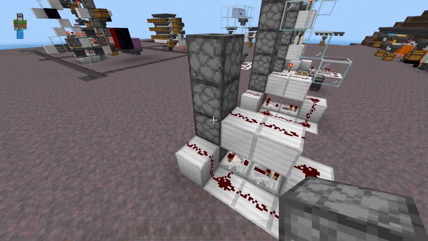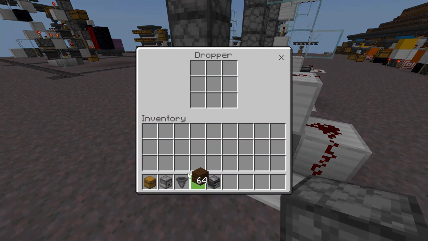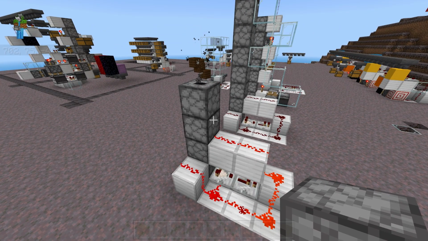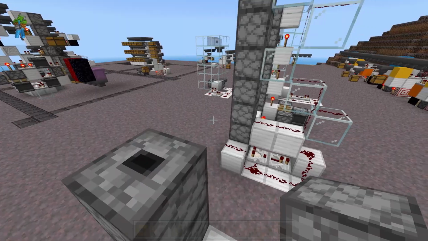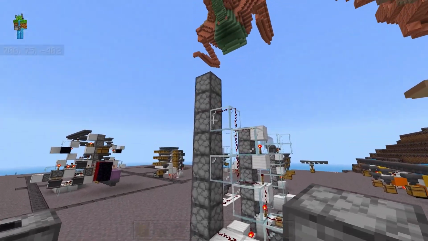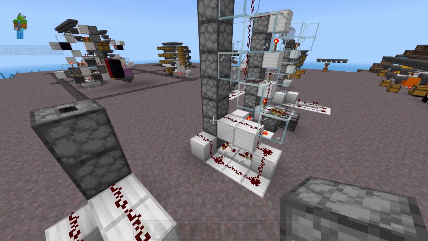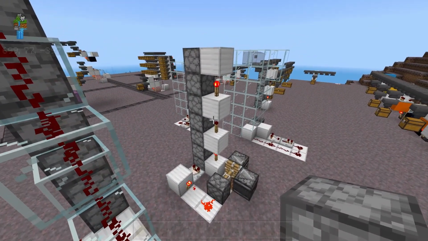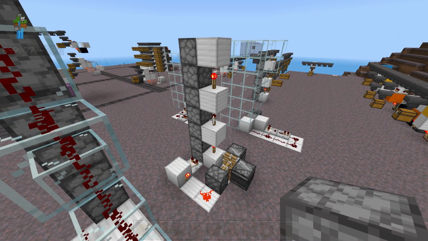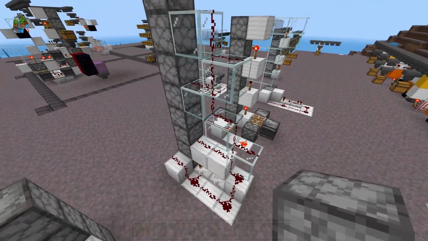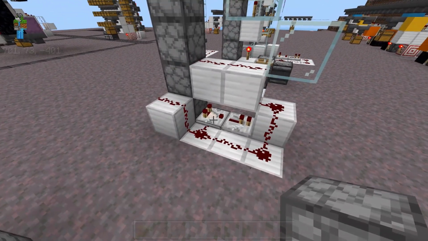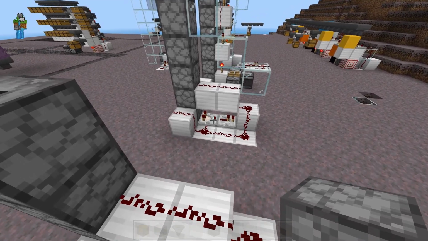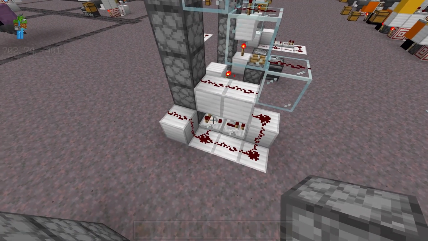And the main reason I'm going over different designs is to hopefully give you a better understanding of how this actually works, so that no matter what kind of space you're working with when it comes to your storage system, hopefully you'll be able to rig something up that will work. Now when it comes to really tall dropper elevators, you will need the clock to activate all of the droppers. Now it's honestly best to do this with redstone torches like you see here, but I would like to show that there are other ways to get it done if for some reason you can't or don't want to use torches. So, here we have the exact same comparator clock.